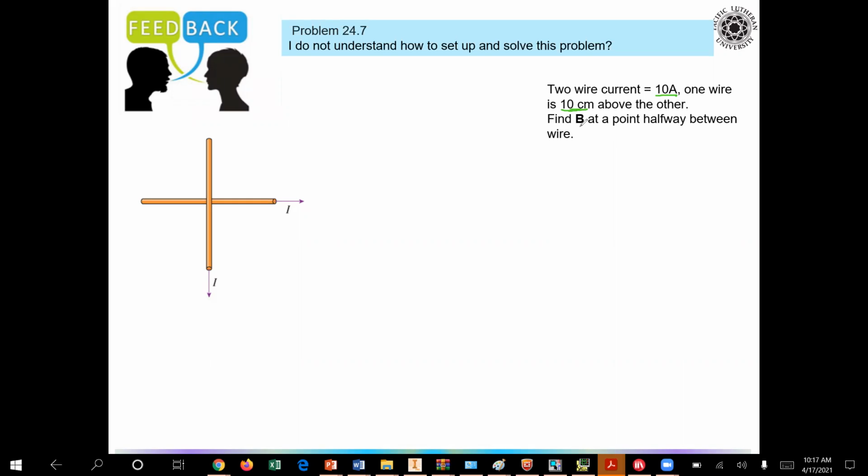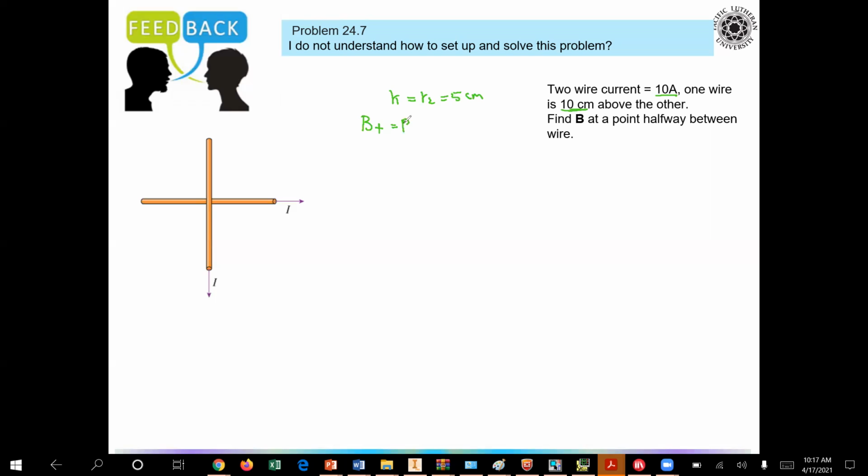You are asked to find the magnetic field at the halfway point. So basically, I have R1 equal to R2 equal to 5 centimeters. I'm looking for the magnetic field 5 centimeters away from both wires. Since we have two wires that are perpendicular, we need to find the directions. Again, the magnetic field is a vector. So the total magnetic field from the two wires,